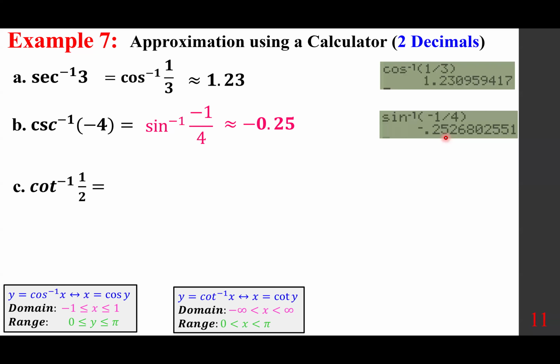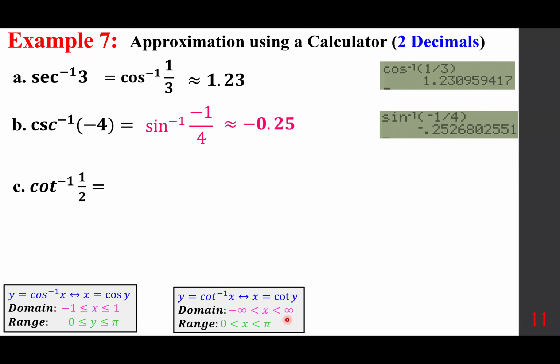Now, when it comes to cotangent, something very interesting happens. First and foremost, remember cosine, the restriction is between 0 and pi, the same thing for cotangent. So you can use that in case the calculator doesn't have the cotangent inverse. In fact, most calculators don't. So you deal with cosine inverse rather than cotangent inverse. I'm going to go over that concept with more details in a moment. And so what happens is that we know